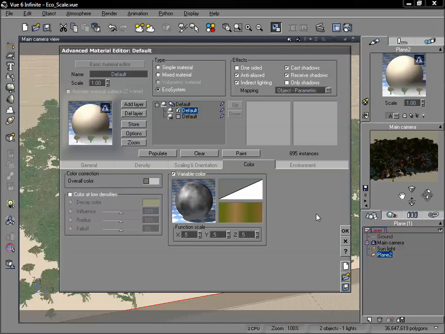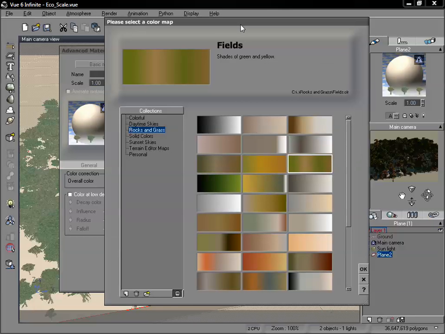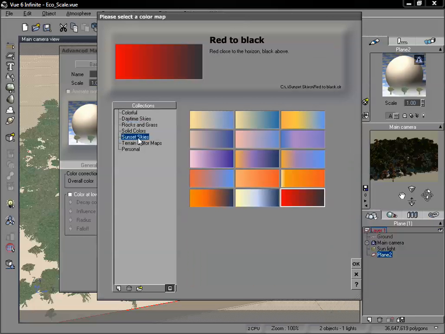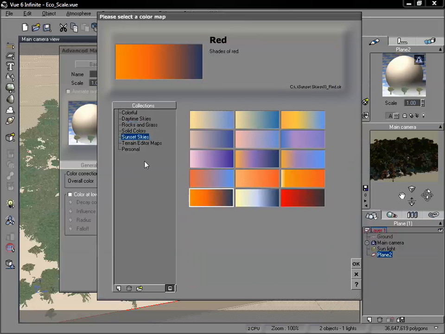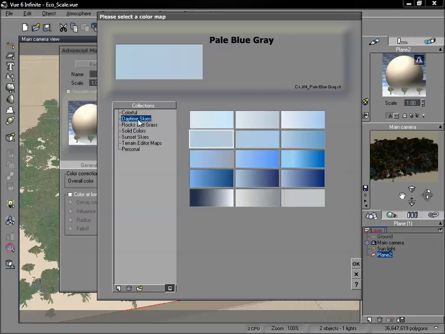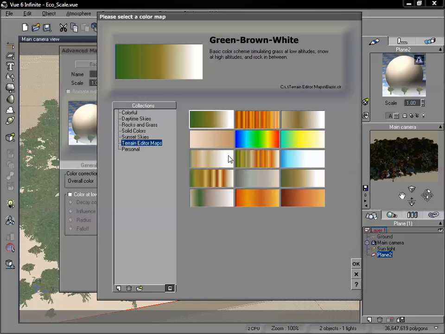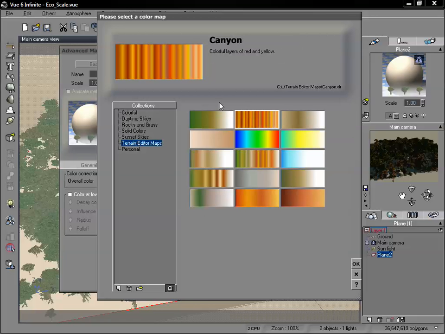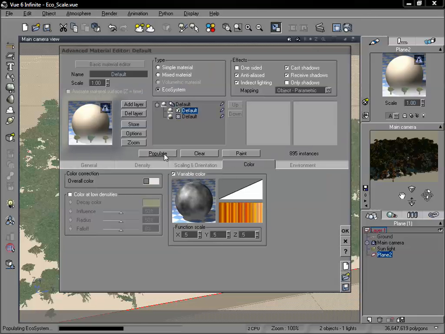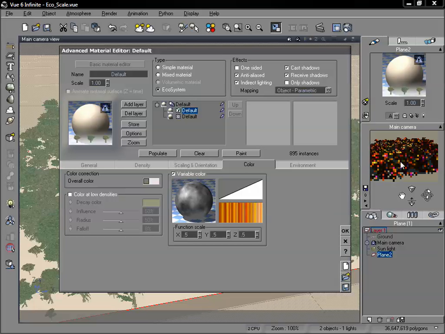This is also a great way to create fall scenes with certain types of trees, more specifically broadleaf trees and maples and things like that. If we just load in a color map, we could probably find something very similar that we could use. We could use something that's red, and we could of course edit what we already have, and have it going through oranges into different colors. Actually, let's just click on the canyon right now, and we'll click populate. And now we can see we have all these different variations of color within these trees, some that are yellowish,